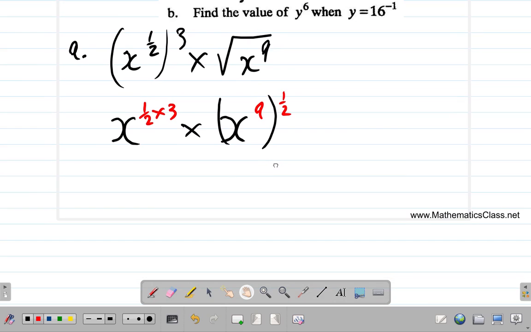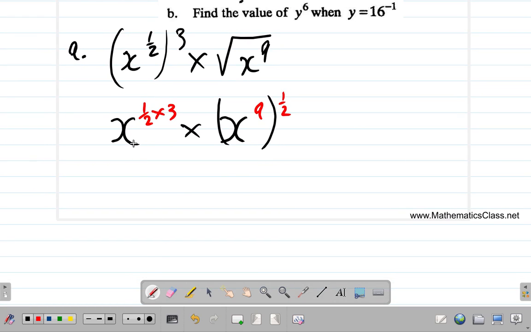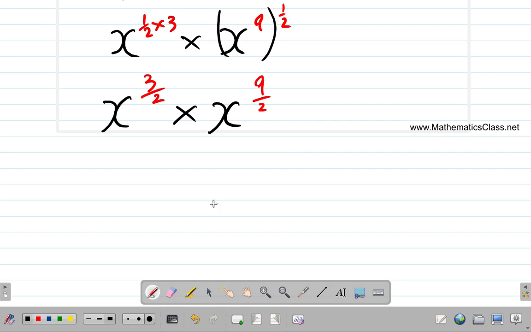So here now we have x to the half multiplied by 3 is going to be x raised to the half times 3, which is 3 halves, 3 over 2, multiplied by x raised to the 9 times half means the same as 9 halves. 9 divided by 2, alright? So you see that. Now, what we have